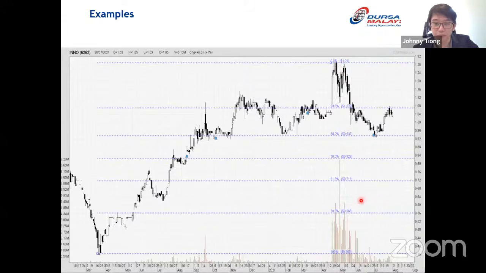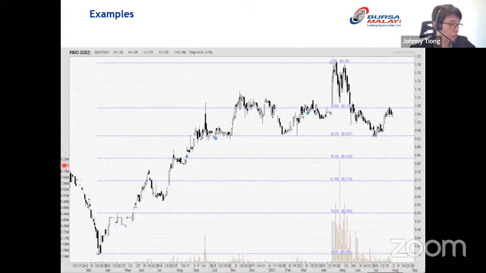We can see the volume here. If you compare this volume with April 2021, whereby at that time the CPO price was all going up, you compare the volume here and also here. If you know this volume, you can know, oh, this will be a successful breakout. You see, from 1.08 it rose up to 1.28. Here not successful, then try to challenge again, not successful, then fall down to the support, fall down again to the next support, which is around 0.94, then try again. So this is one sample for Eno.